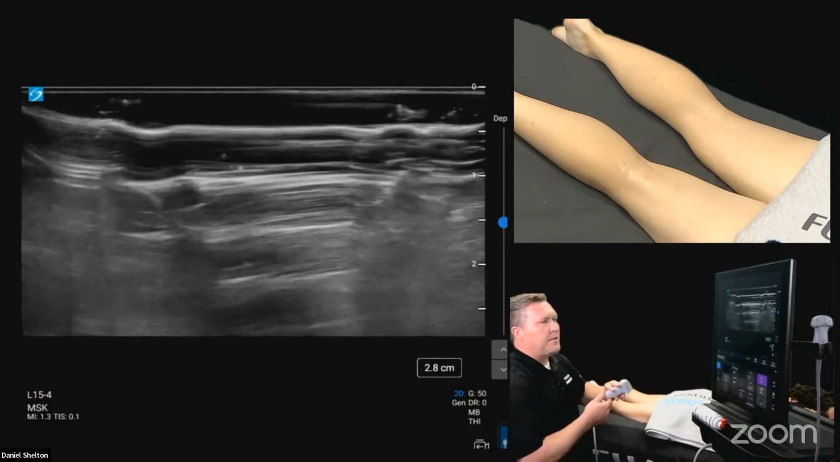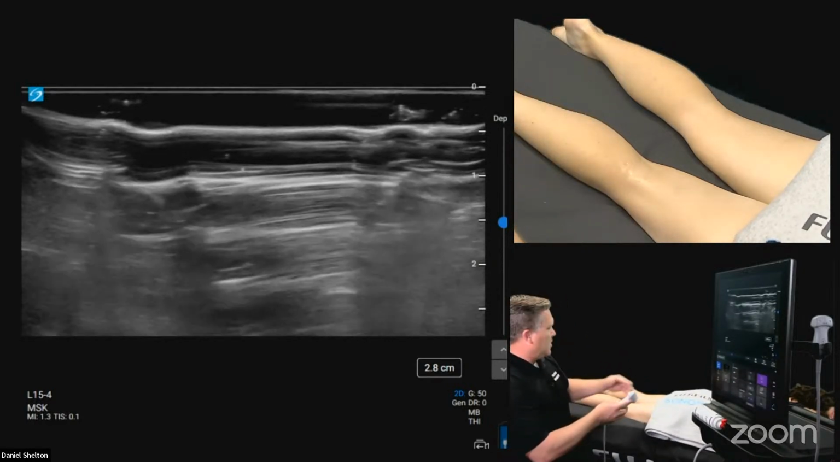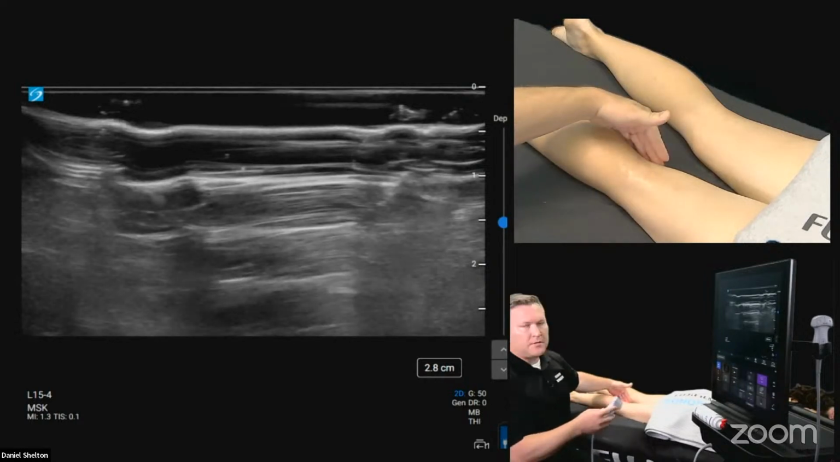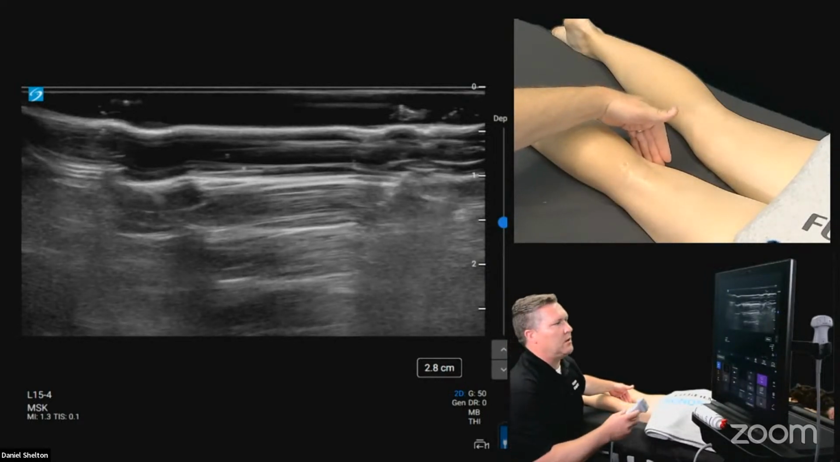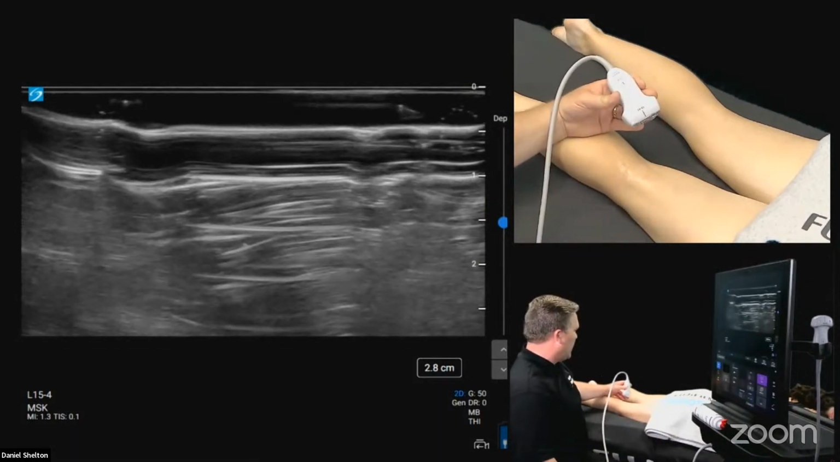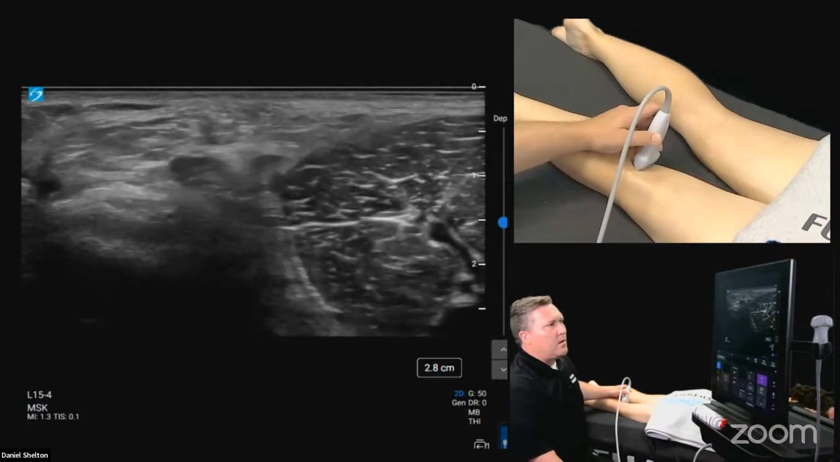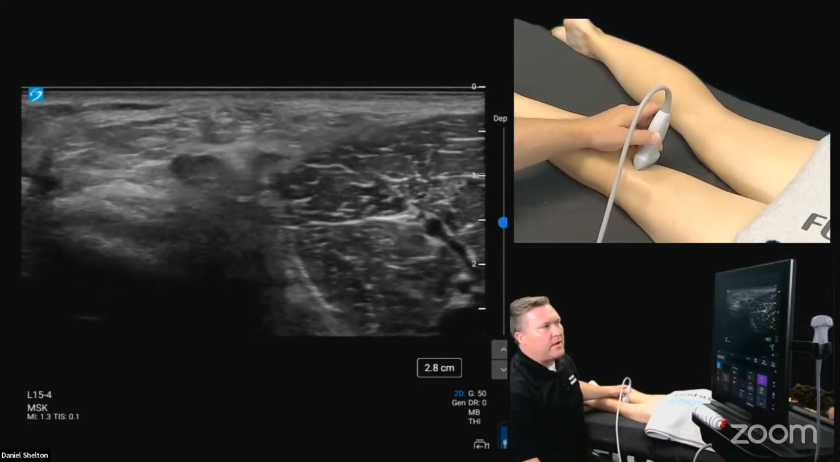So the default depth, it looks like, is 2.8 centimeters. I've got the orientation marker medial, so the left side of the screen you're going to see will be medial as well. We'll just see what we can see at the default settings and place the transducer hopefully over a skeletal reference point. So right now, I don't see a skeletal reference point, and that's where you want to start